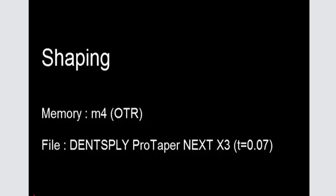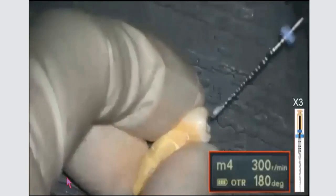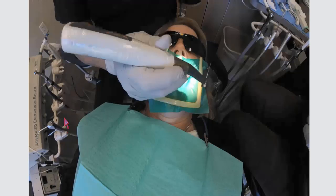Here's a video also showing this. So if you watch the rubber stopper, you'll see it go back and forth, showing you it working. And I think there's a lot of pressure being applied to this X3 file here, but it's pretty neat to see it ratchet back and forth here. And then once again, from a clinical view,